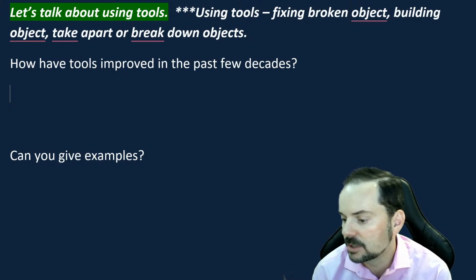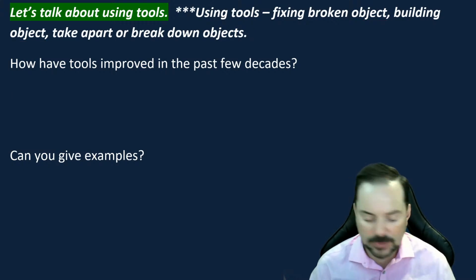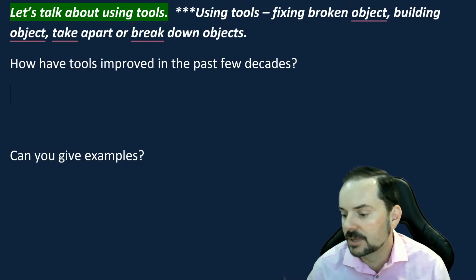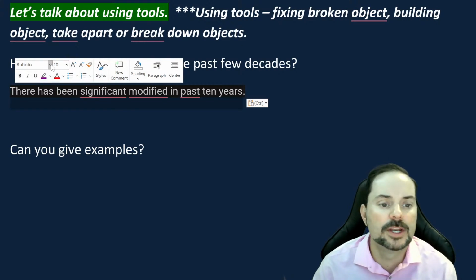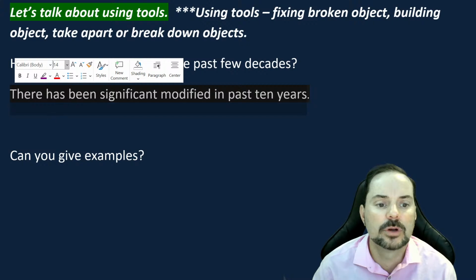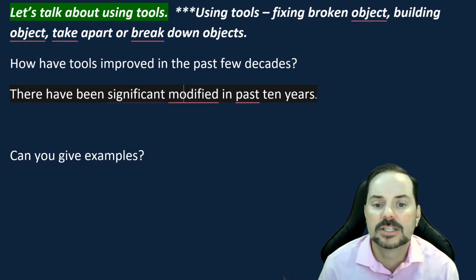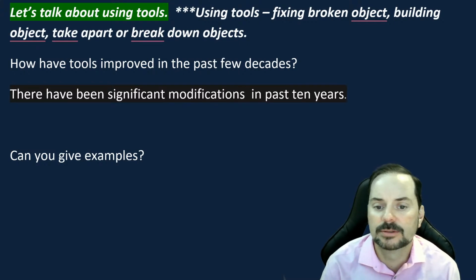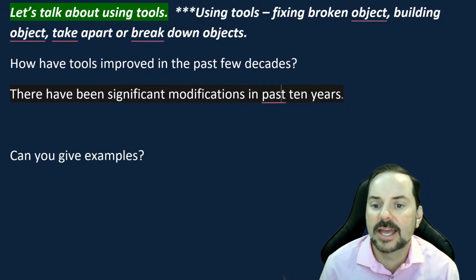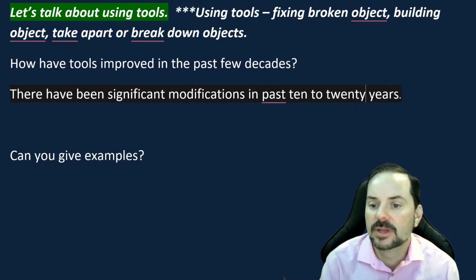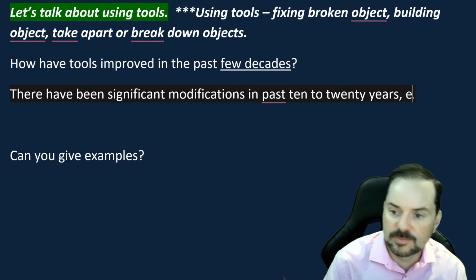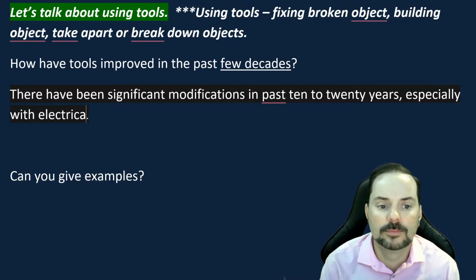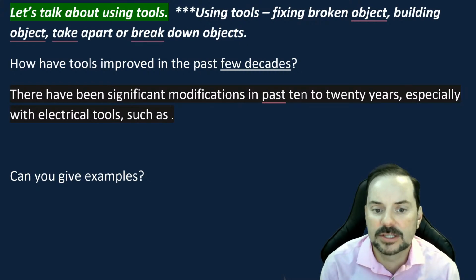Machanmich Navrazov says there have been significant modifications in the past 10 years. Okay, so it's a good start, Machanmich, but you need to be a bit more careful with your grammar. So, let's make it plural: there have been significant modifications in the past 10 to 20 years. 10 to 20 because it's past few decades. Past 10 to 20 years, especially with electrical tools such as screwdrivers